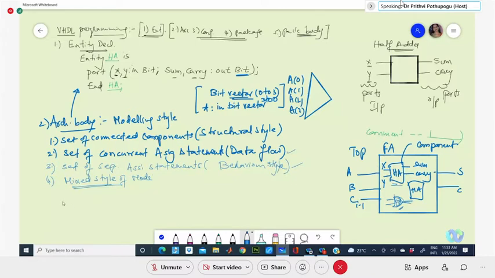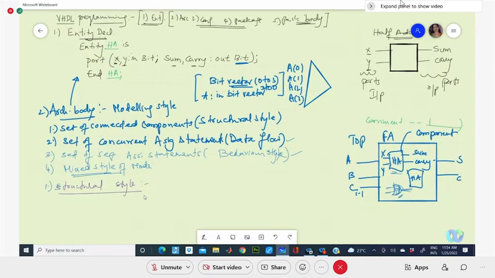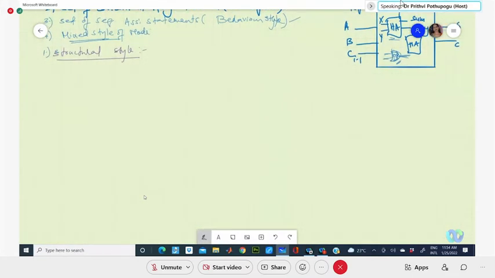So the first style of modeling we will take is the structural. The structural style needs some information regarding the components, or the logic gates you are using, or the schematic information is needed.